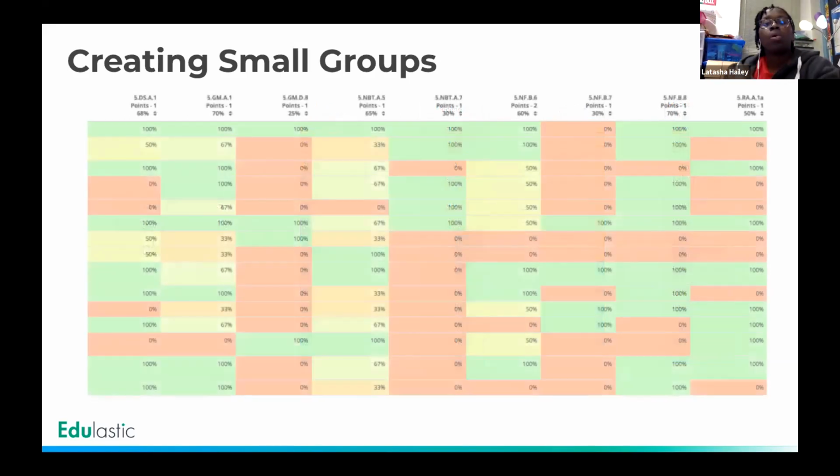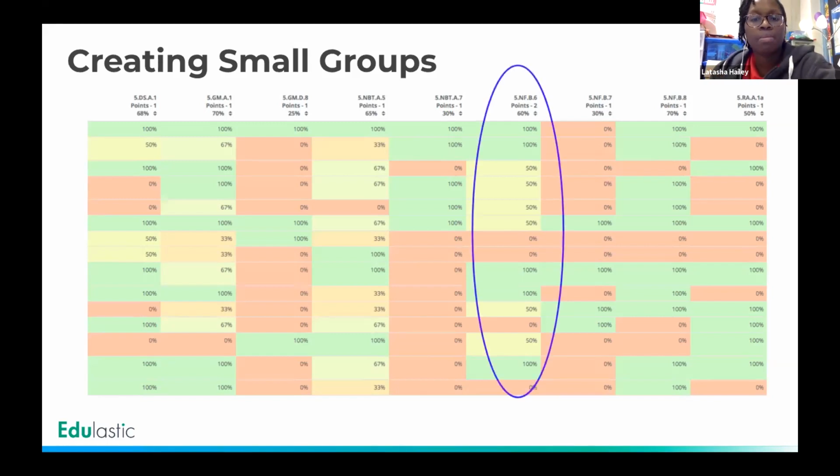I was able to pull those groups based off of this sheet here. This is like the bread and butter that I love to use with the Edulastic system throughout any assessment piece that I'm doing throughout the school year. But this is particularly what I use when I'm preparing for the MAP. I look at the standards based on where we're at. And if you look particularly at multiplying fractions, this standard right here, this is where I know my kids did okay. I think we are at 60% proficiency, but if you look closer, I have like 1, 2, 3,